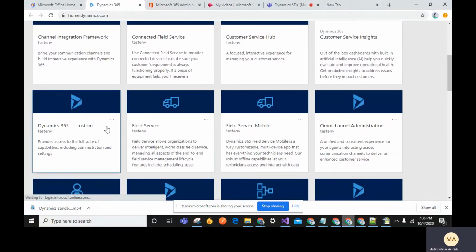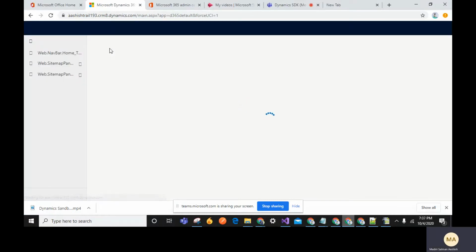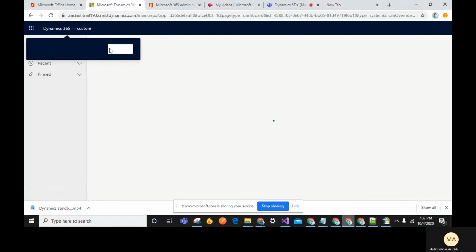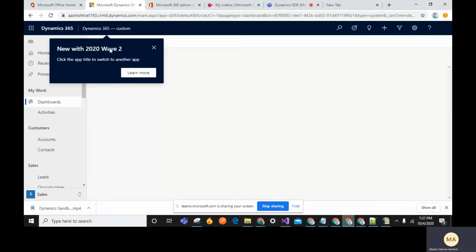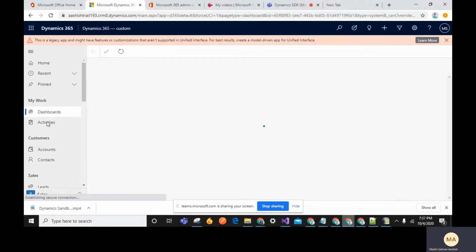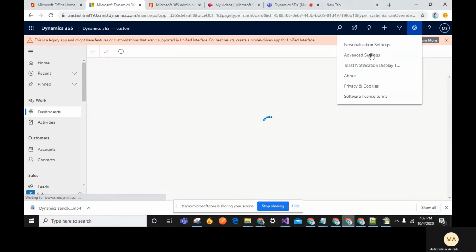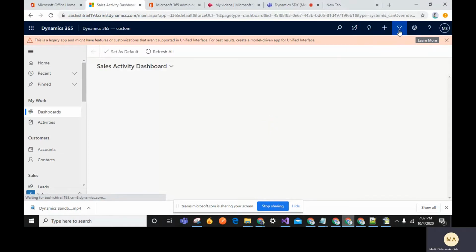So go for Dynamics 365 custom or any app which you are using. So you can go for advanced settings or we can go for this advanced find icon.